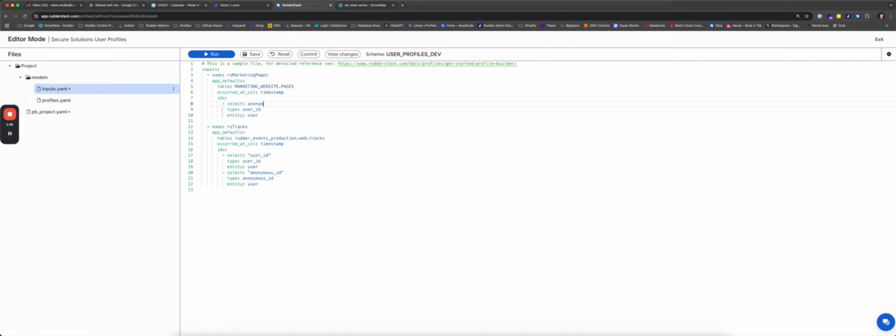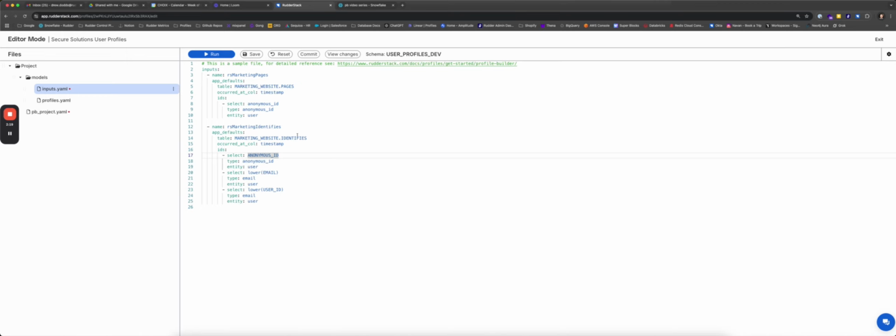Identifies, which will contain records for any event where a user identified themselves on the marketing website. We will select the Anonymous ID, the email, and user ID columns, and map those to the corresponding ID types. Note that because this input also has an anonymous ID, we will have the potential to create the link between the two tables. If we did not select the anonymous ID column within this input source as one of our ID columns we wanted from this source table, there would be no direct way to connect the records between these